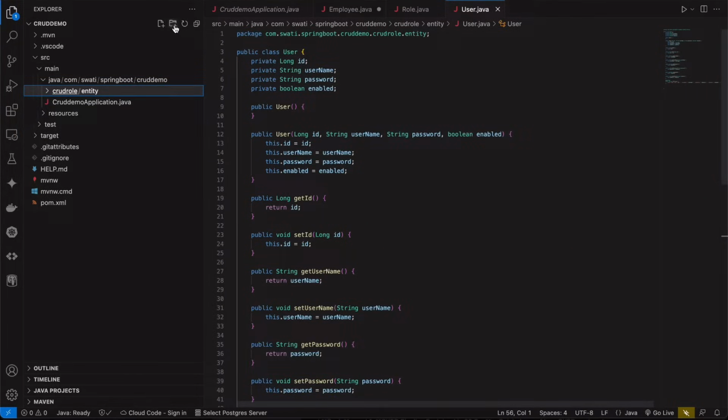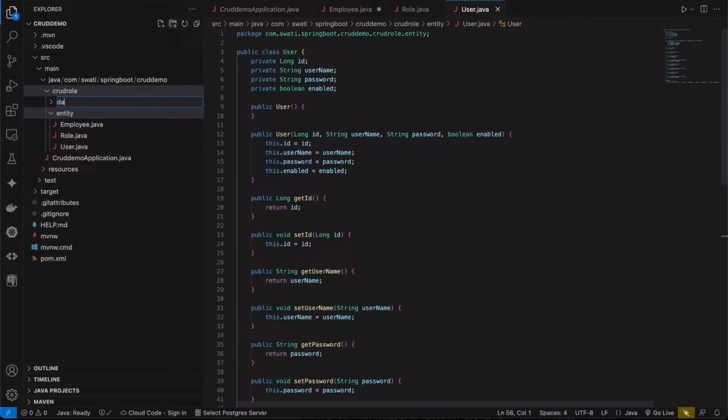Now we'll create one more package with the name DAO. DAO is data access object, and it is used to do our data logic in a separate layer, which means we can map our classes to the table. So to make it separate, we'll be creating a DAO package here, and first